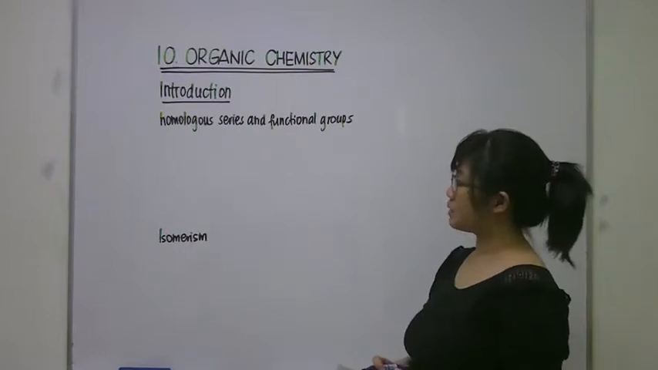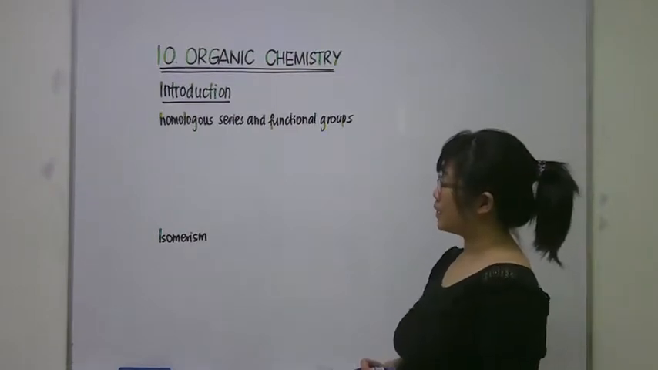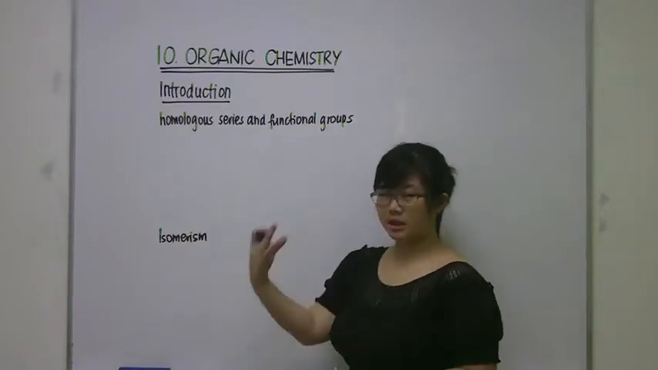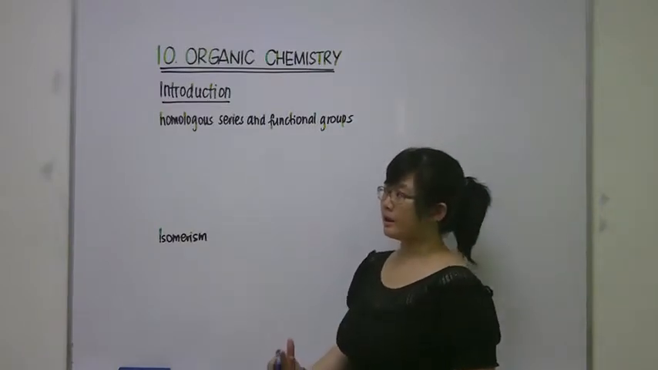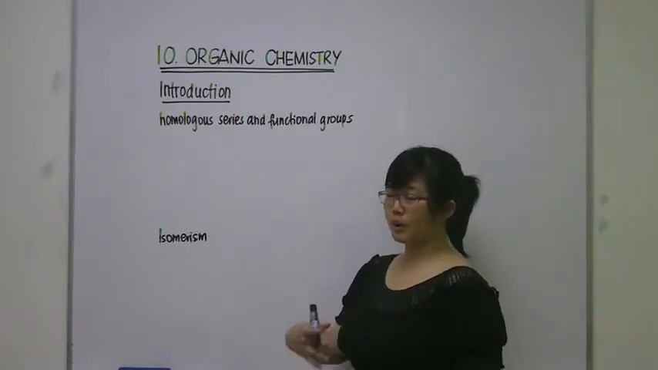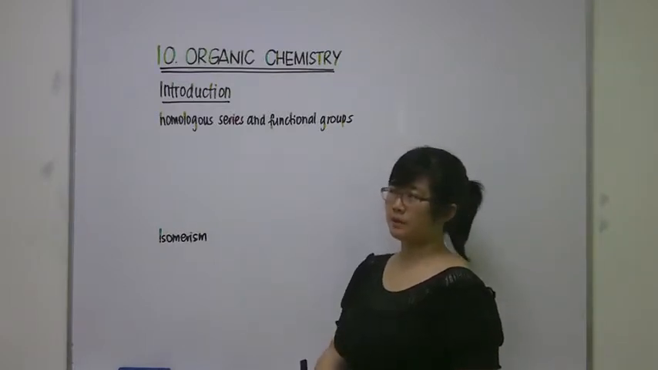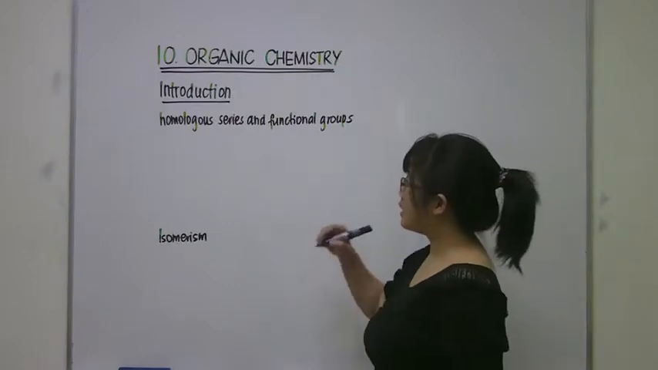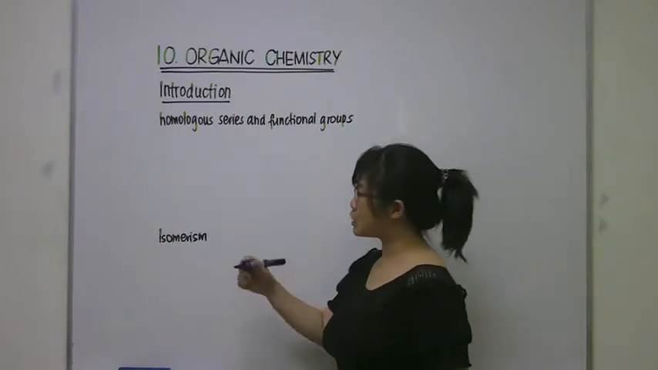In organic chemistry, in the introduction, you need to teach a student about homologous series and their characteristics, like they have the same functional groups, or the members of the same homologous series have similar chemical reactions and stuff like that. And the functional groups that you need to teach them include